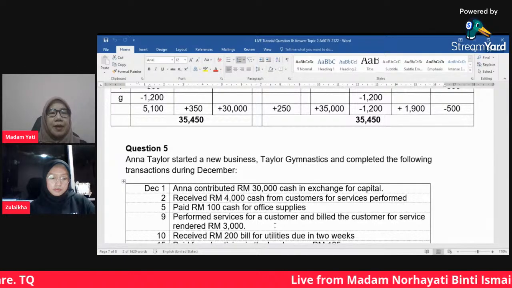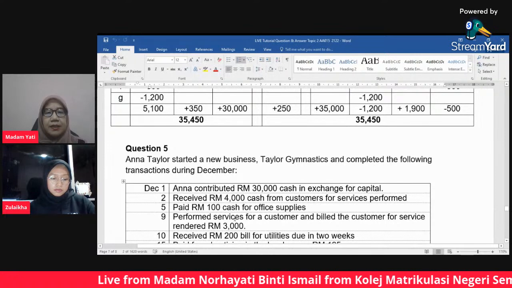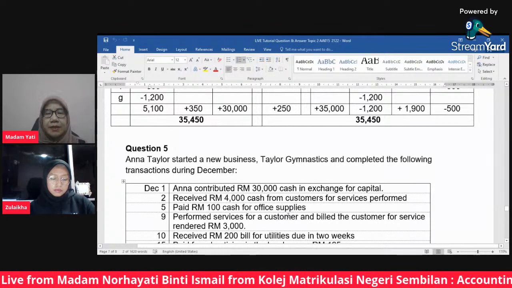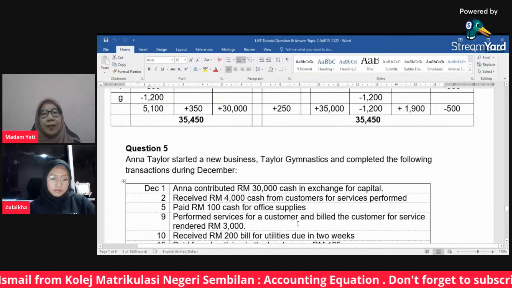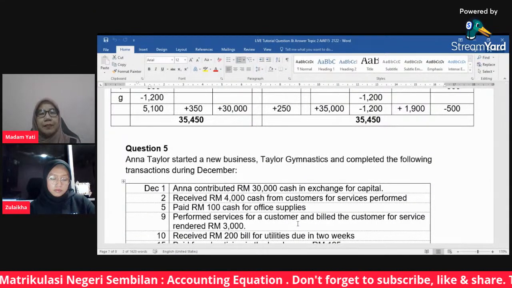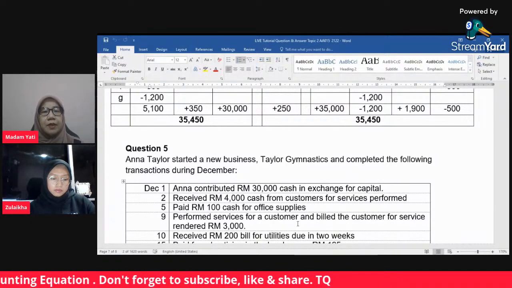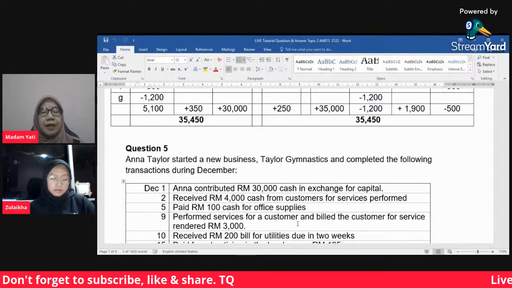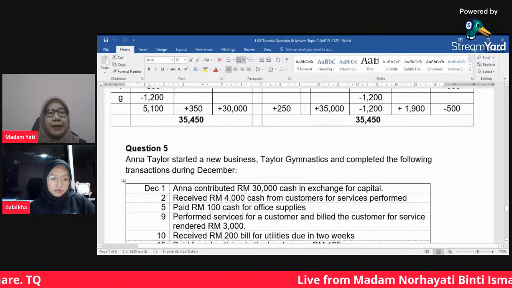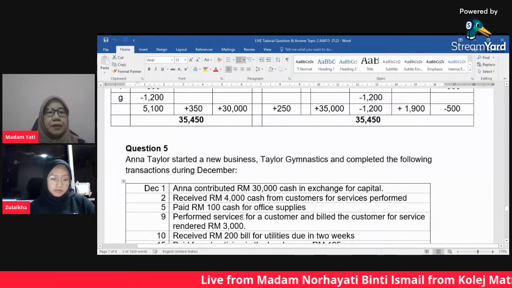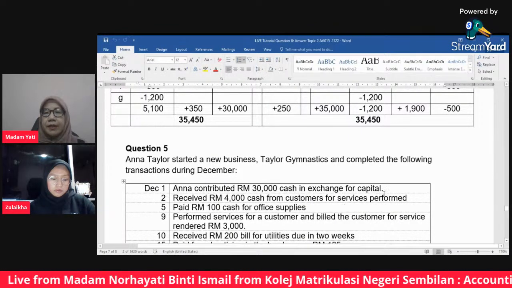So what increases? Services under owner's equity increases, and at the same time a customer, what do we have? The customer has not paid us. When a customer has not yet paid us, we call it account receivable. Account receivable is an asset. So it means asset increases, and at the same time the business owner's equity increases, that is revenue. The next one,